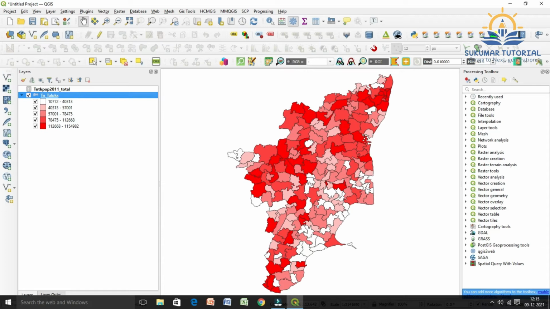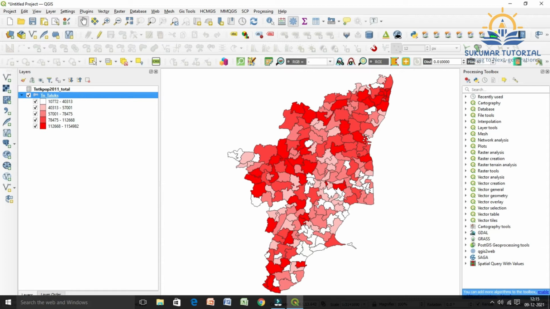You have to give the layout a title, scale, north key, legend, latitude and longitudes. Once you prepare the layout, you can take it to your PowerPoint, or you can print it, or you can send it by email. That is a finished map. You have to use it for various purposes. So now let us see how we can create a layout using QGIS.